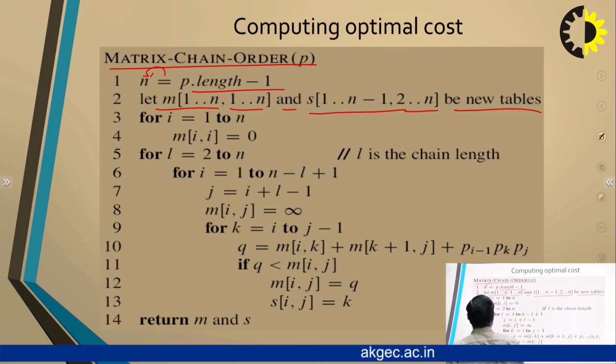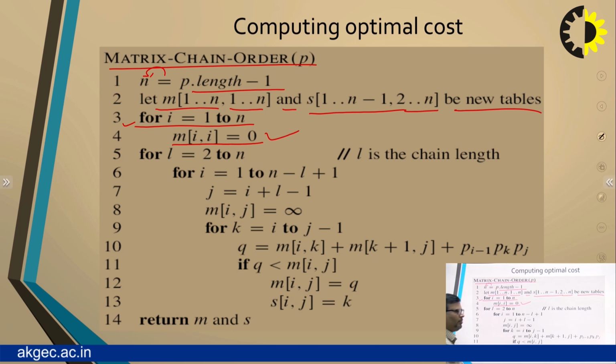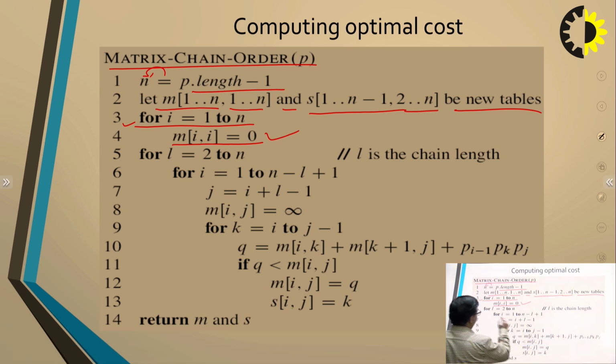Okay. So here we will apply the for loop i is equal to 1 to n. Then if i comma j are equal, then we will put the value of m i comma i equal to 0. Again we will take another loop L, running from 2 to n